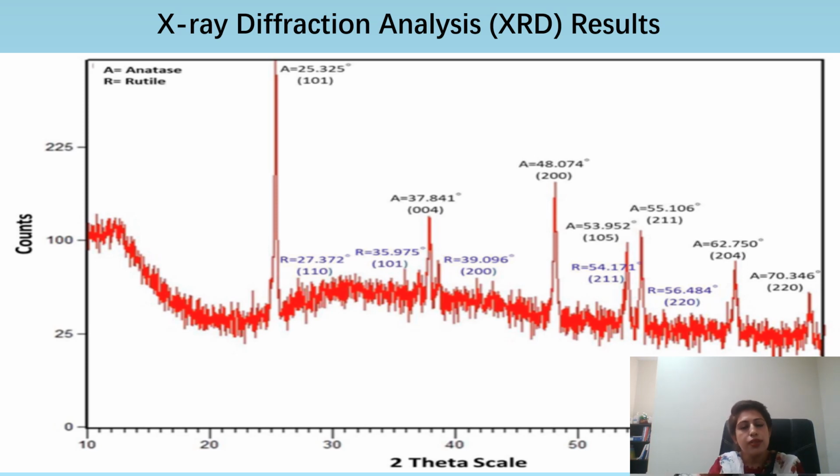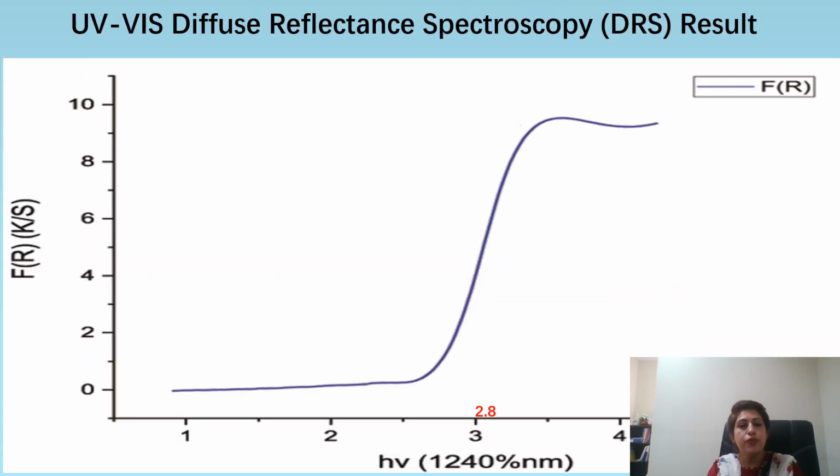The X-ray diffraction analysis shows the mixture of the anatase and rutile phases, which shows that these titanium oxide nanoparticles are highly biocompatible because the mixture of the rutile and anatase phase is considered safe in the literature. The UV-based diffuse reflectance spectroscopy confirmed the formation of large particle size because the band gap energy value is less. As the literature says, if the band gap value is less than the standard value of 3.2, then the size of the particles is larger.